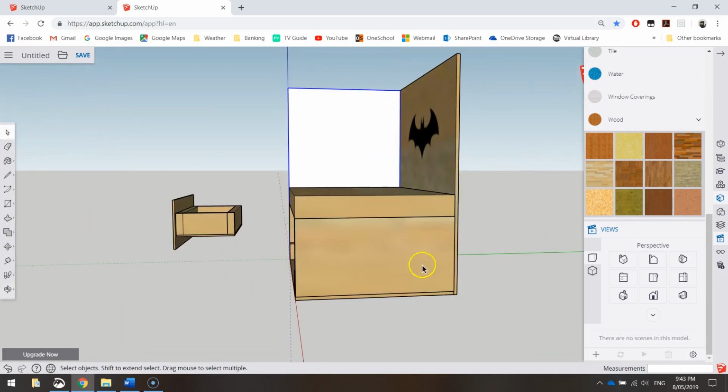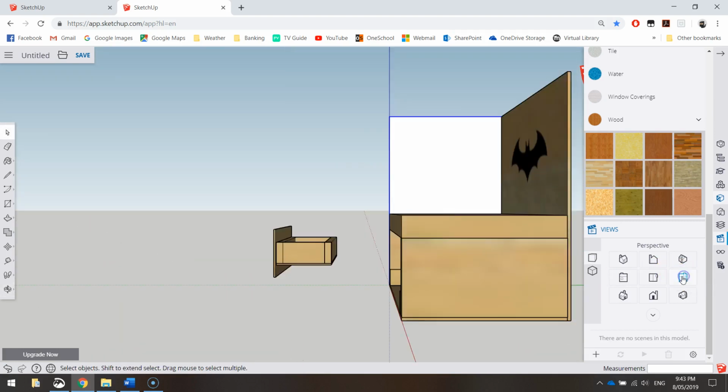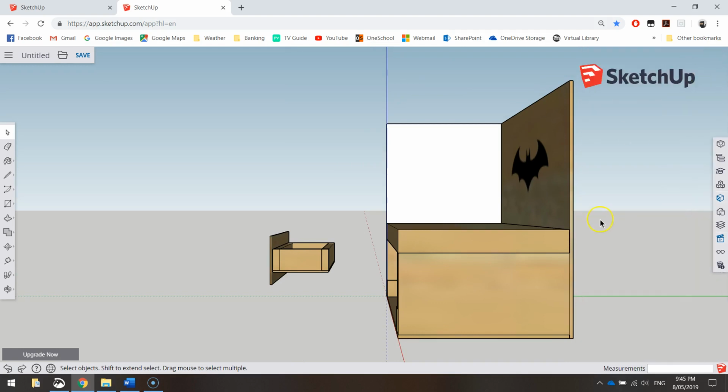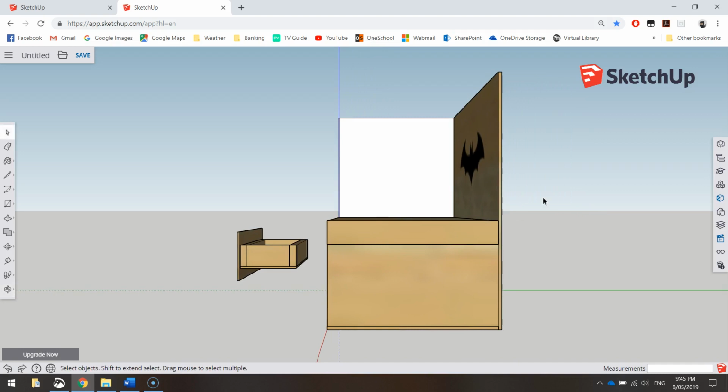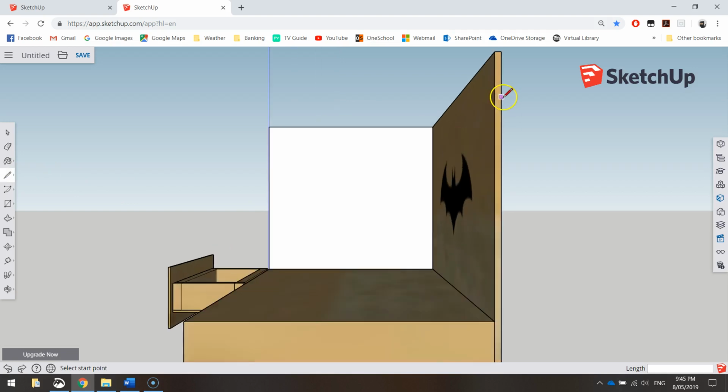Okay, so I'm going to swing around this side. I might just click on the right hand view. And from here, I'll just hold shift and hold down the mouse wheel and just come across a bit. What I'm going to use is the line tool, so that little pencil, to draw myself the next section. Okay, so I'm going to start at the top here. Not on the outside point, but the inside point. I'm going to click and come down to